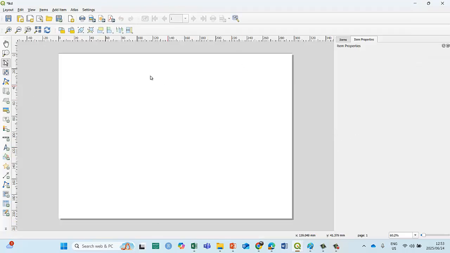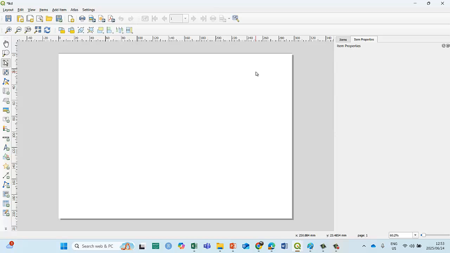Now here is our canvas that we're going to work on, our layout window. And here are all the functions that we can play around with. There are also going to be a lot of things here that we're going to play around with. Think of it as a painter that has his paint, he's got his canvas, and he's got his picture that he wants to paint. He's got his picture here, he wants to paint it there, and these are all the tools that he's going to use to do the painting.